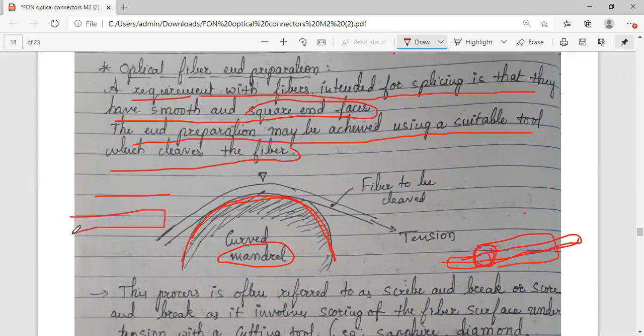Sometimes it may happen that in your optical fiber, this part has got some impurities. Assume that it has got some impurities. I want to cut it here. I don't want this part, so I want to cleave this. For that you go for this particular tool. The example I have given here is a tool which will cleave the optical fiber. You can cut it wherever you want. Okay? The technical term is not cut, it is cleave.